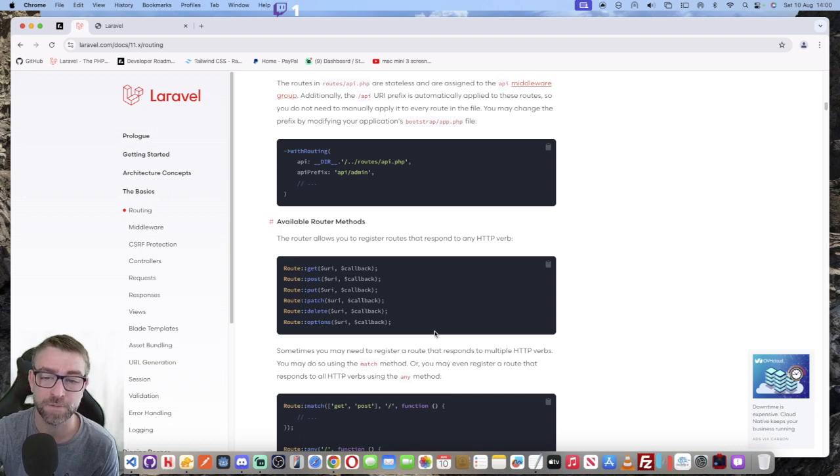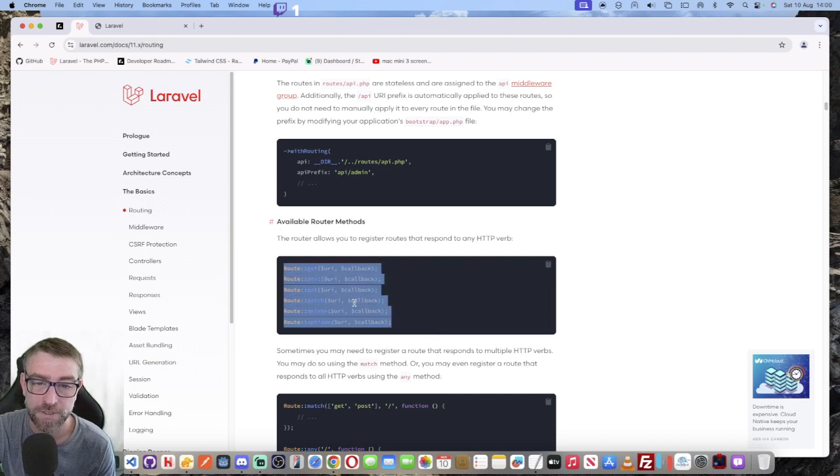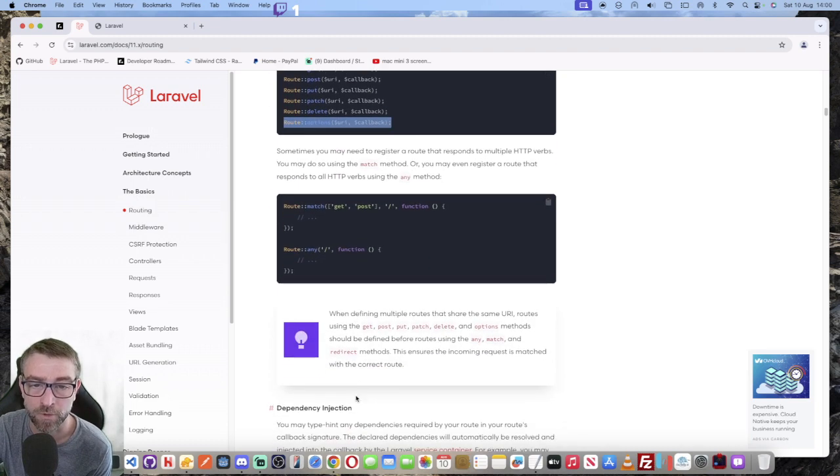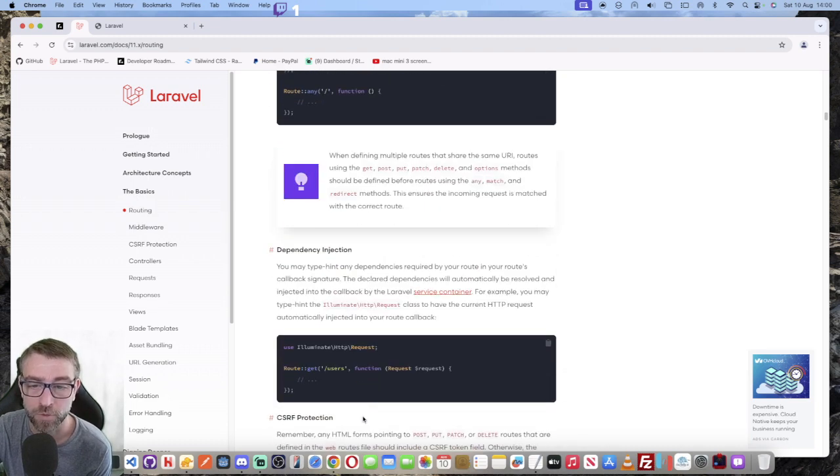We're going to need multiple different route types. So post would be to create, get would be to display and show the data, put or patch is used to update a developer or a game or data, and delete is obviously self-explanatory. And I've never used the options route or the match yet, but I am sure we are going to explore them. So what I want to do is possibly